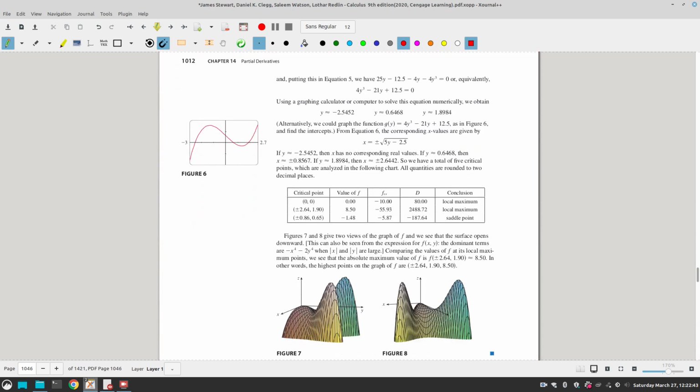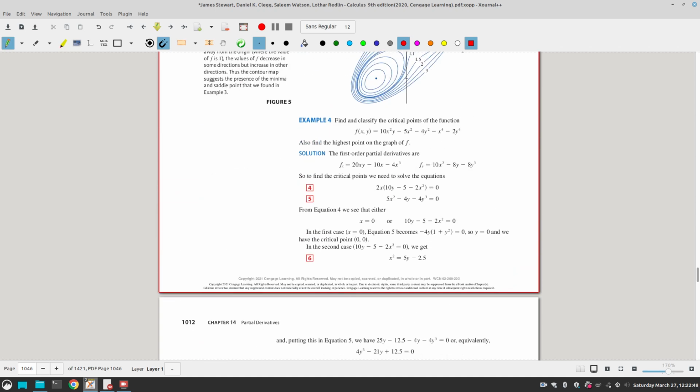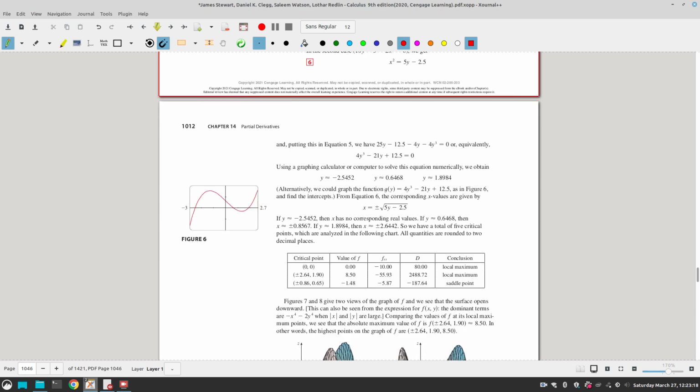Let's look at another example where we need to classify the critical points of the function 10x²y − 5x² − 4y² − x⁴ − y⁴. The first thing you do is set the partial derivatives with respect to x and with respect to y equal to 0. You solve those equations, and you get